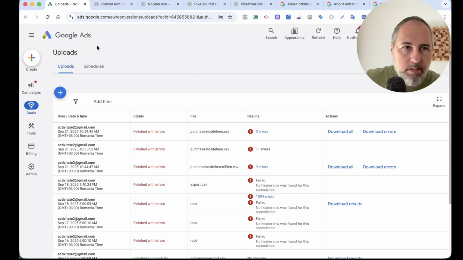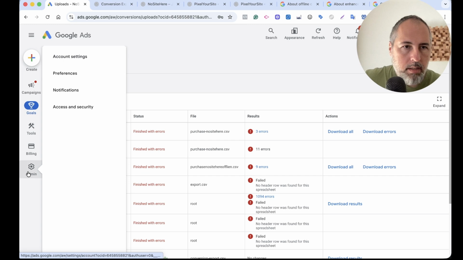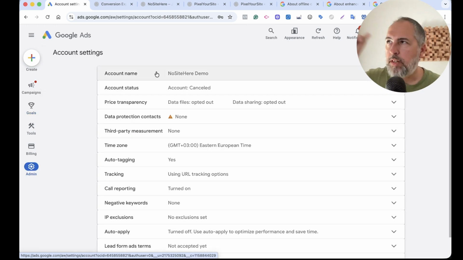This is it. This is all I wanted to show you. Keep in mind, you need to configure the tag: turn on auto-tagging, turn on form detection in tag settings, and then you need to send user data with your conversion data when you create a conversion import inside Google Ads, and Google will match conversions using user data,